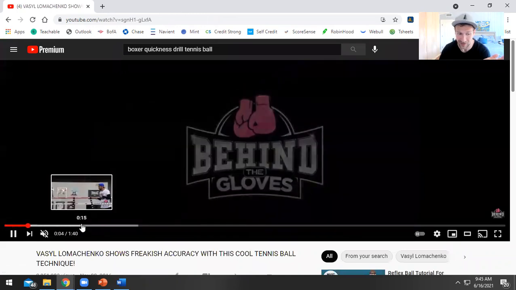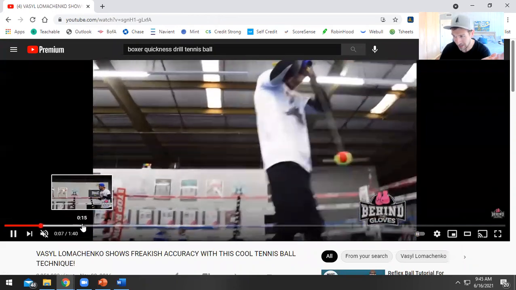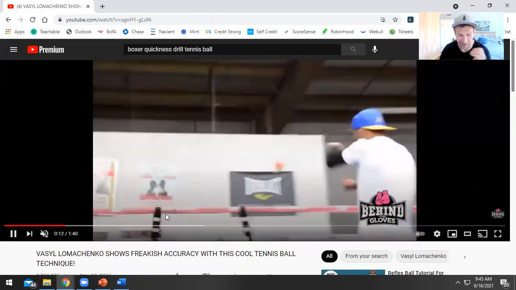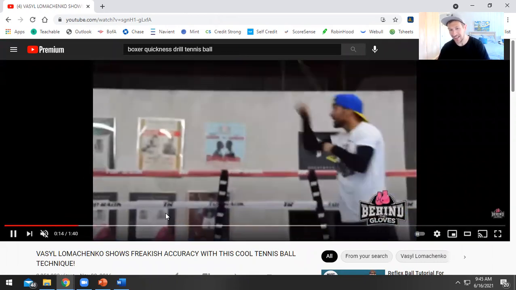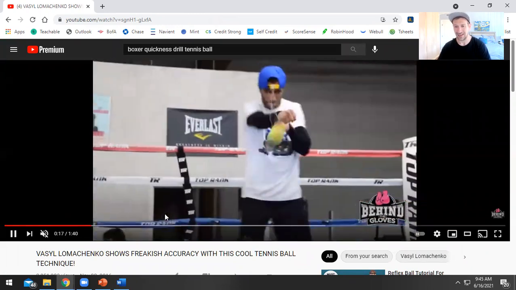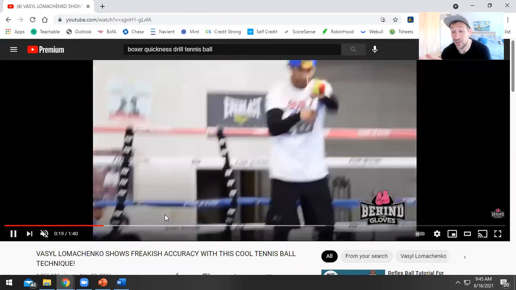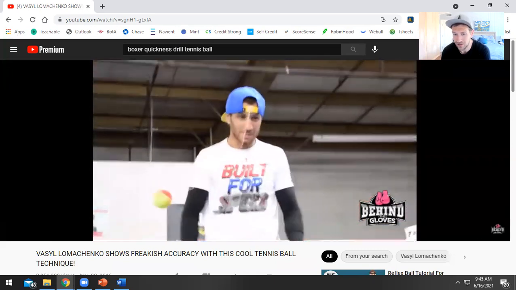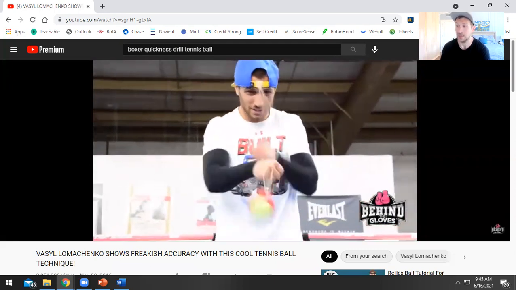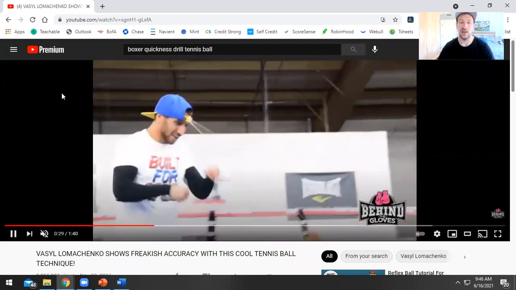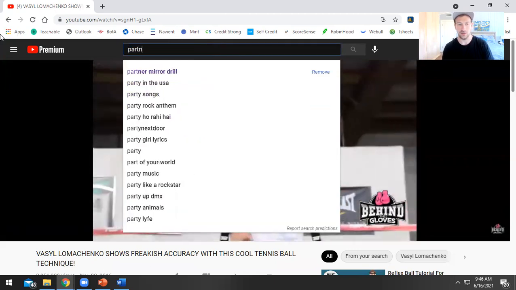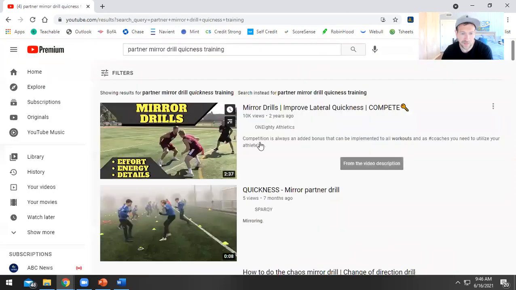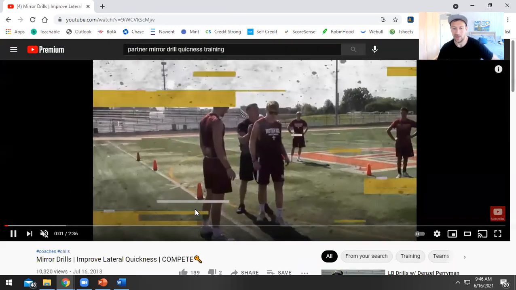And I think this is super impressive. So he has a hat with an elastic band tied to it, and I think a tennis ball on the end. And he's going to punch it and keep it from coming back and hitting him in the face. That is a really great example of quickness. He is developing hand-eye coordination, and he's only changing his upper body in response. But if we did a partner mirror drill, that's a really good example of a quickness situation, right?